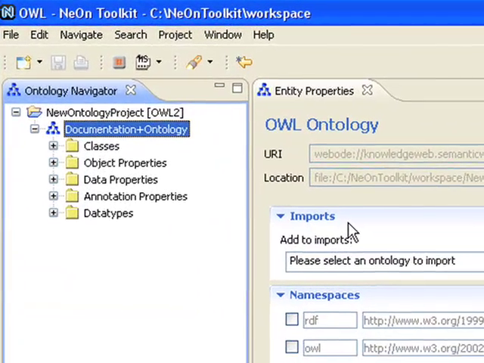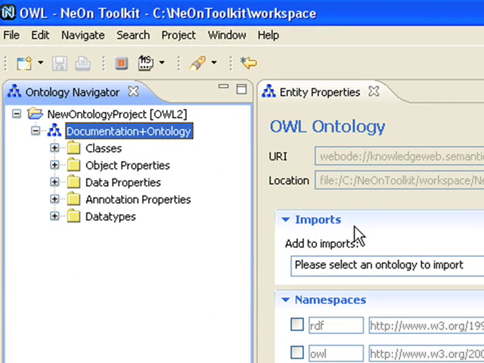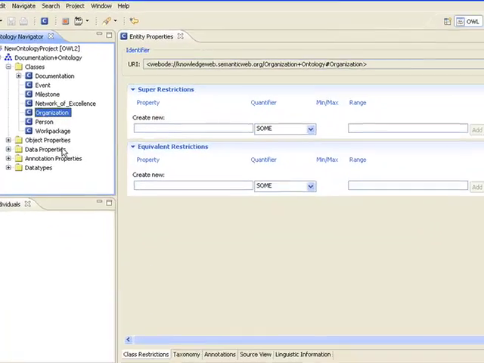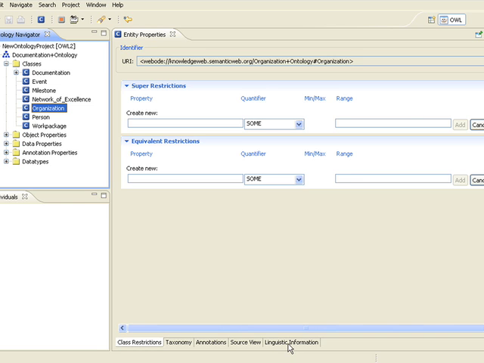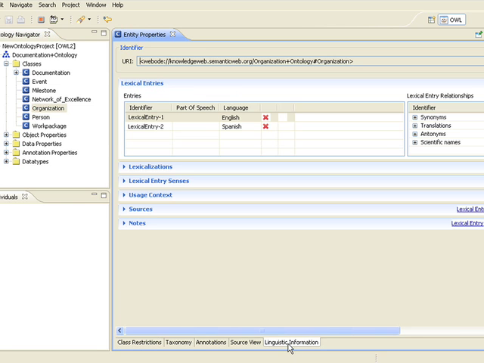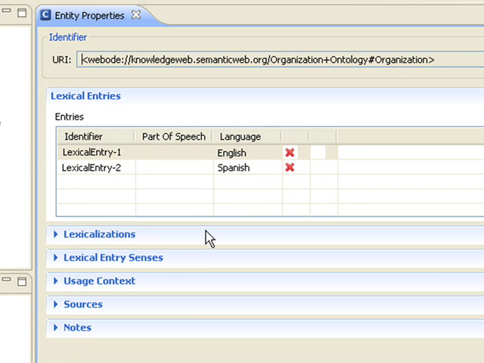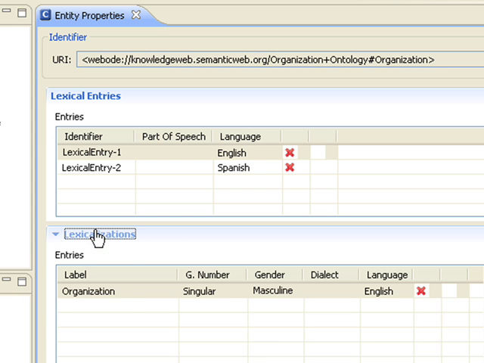In order to show the linguistic repository, you should select any class or property frame in the ontology navigator. From here, choose the Linguistic Information page in the Entity Properties view. The Linguistic Information page displays 5 sections corresponding to the lexical entries of the selected ontology element, as well as the associated information for lexicalizations,